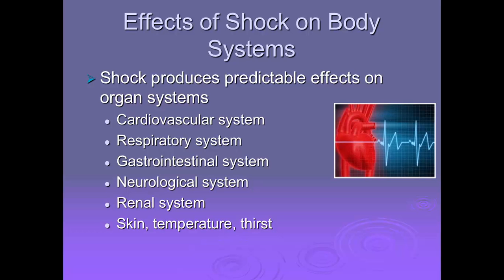Your hepatic system, early on, you will have increased glucose production. During the progressive stage, you have decreased glucose production, which results in hypoglycemia. You have decreased lactic acid conversion, resulting in metabolic acidosis. Potential complication is destruction of the Kupffer cells, and this will end up with systemic bacterial infections.